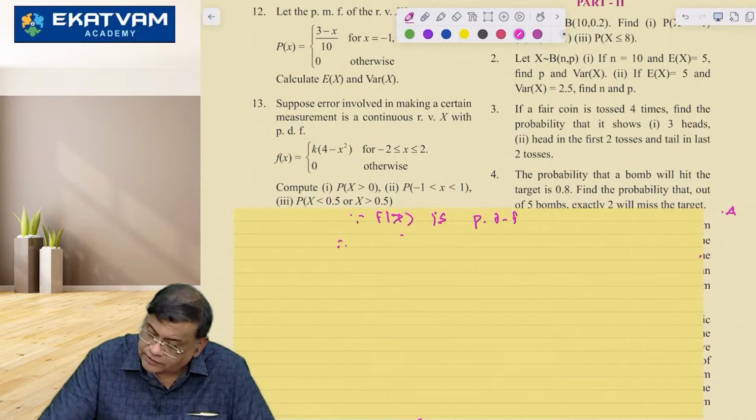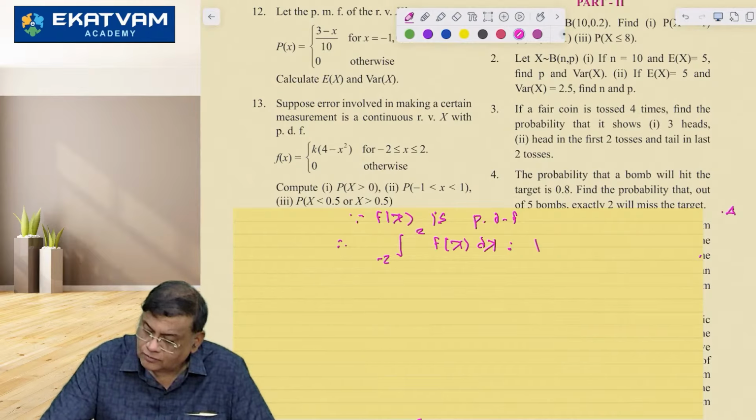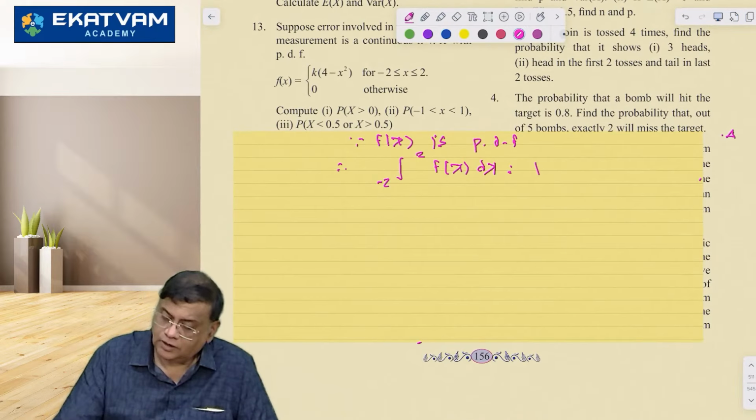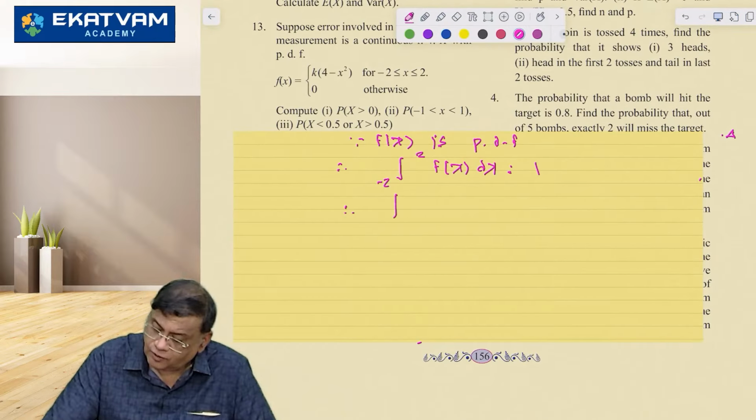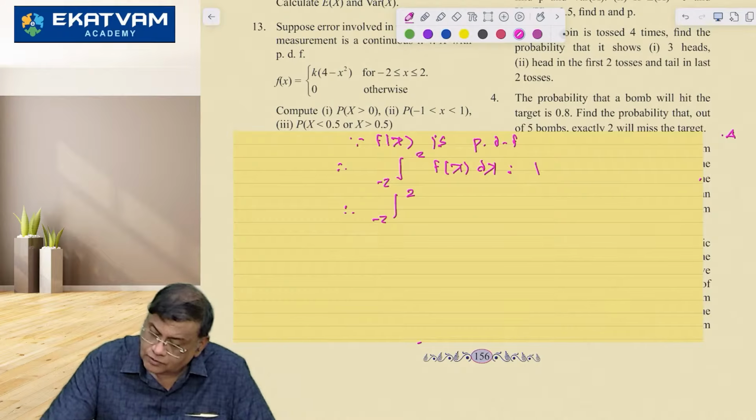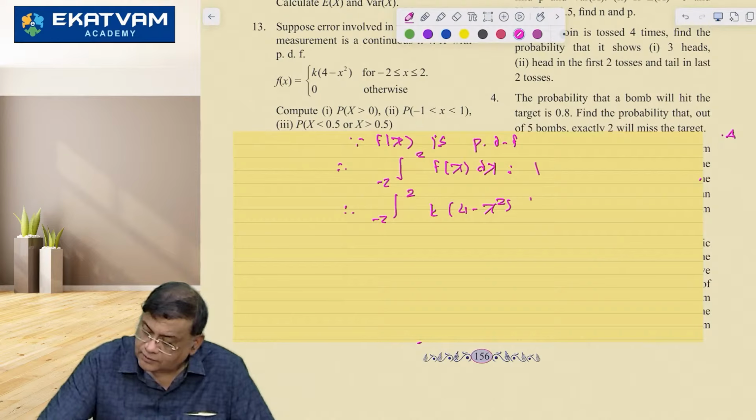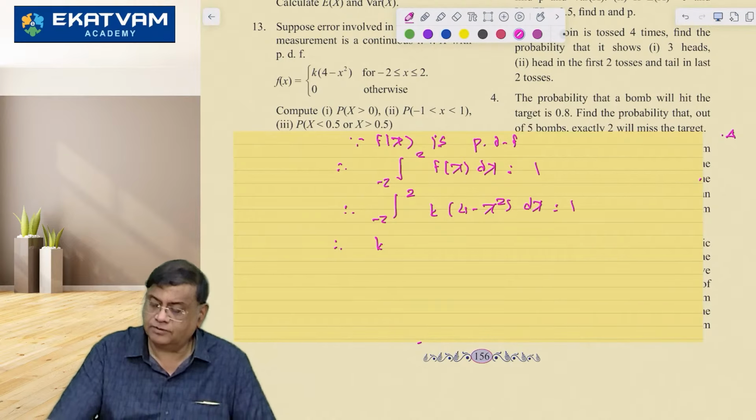Therefore, integration from minus 2 to plus 2 f(x) dx should be equal to 1. Now therefore, integration from minus 2 to plus 2 k into (4 minus x square) dx should be equal to 1. Therefore k,